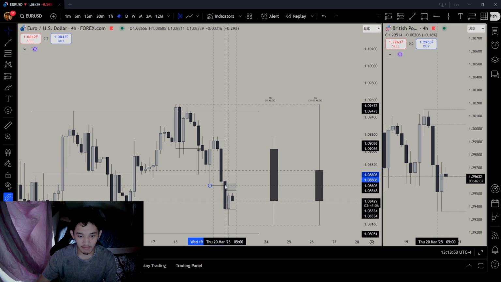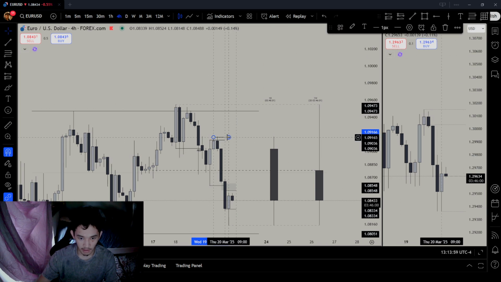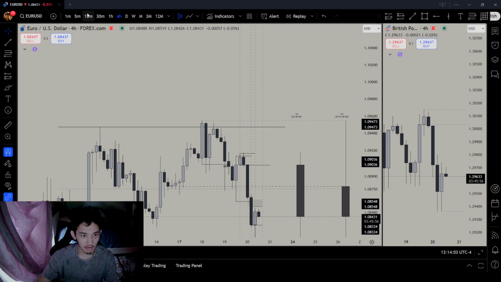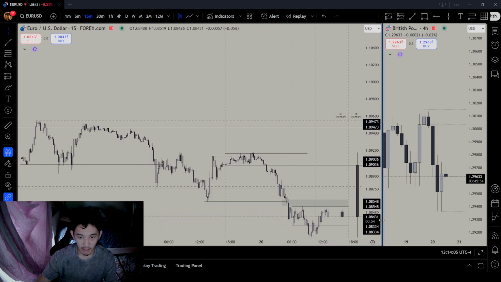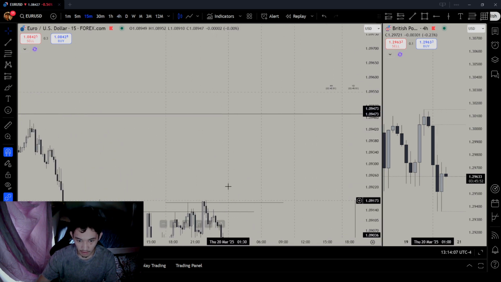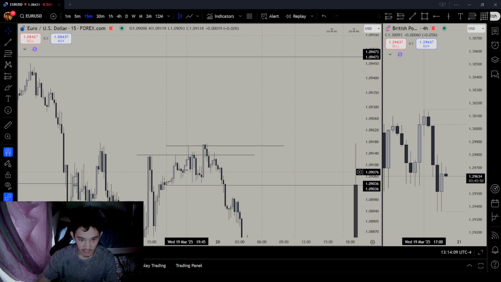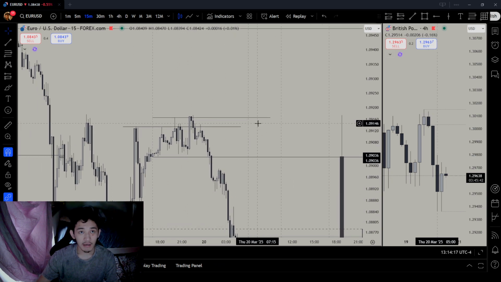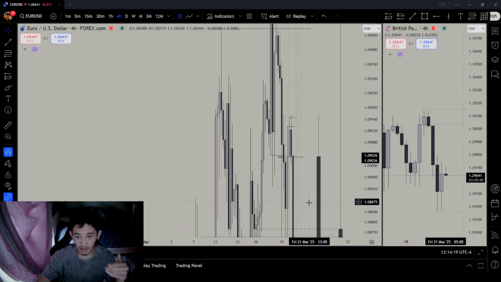So instantly, before me even going to the lower time frame, I know there's gonna be accumulation, manipulation, expansion. How? In the lower time frame here, mark out this high, right? Go to the 15-minute time frame using time frame alignment. I already know that this candle was an accumulation. This candle was a manipulation. This candle right over here, the 1 a.m. candle, it expanded, right? Without me looking at the lower time frame, I already know there's going to be a